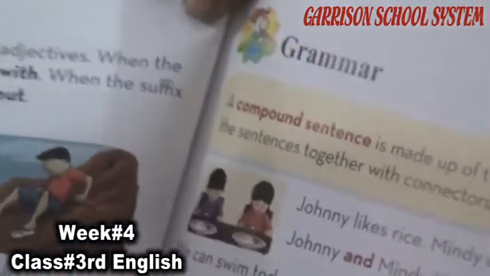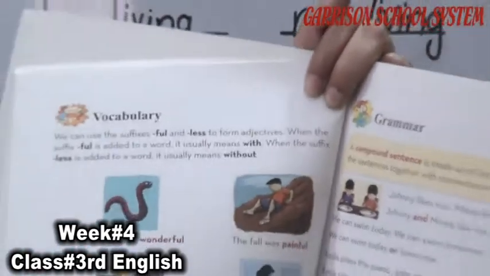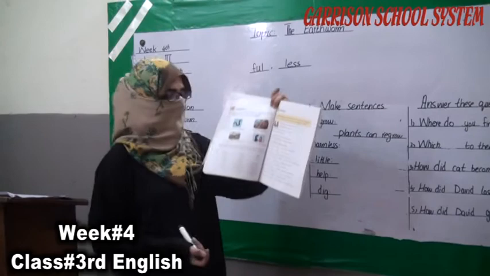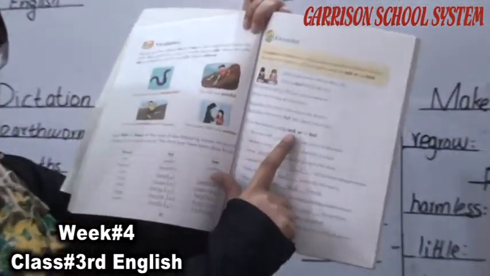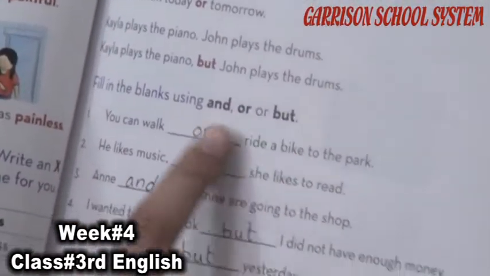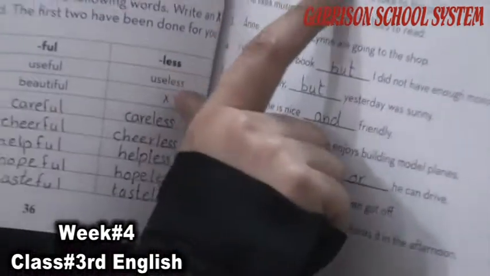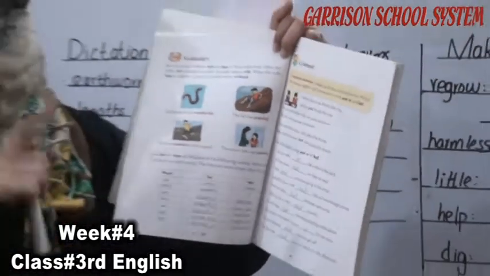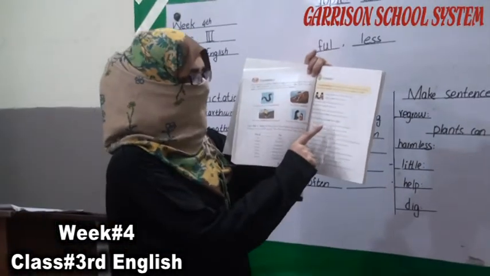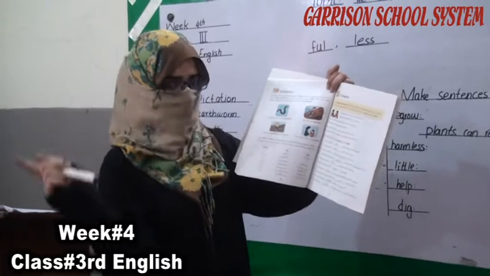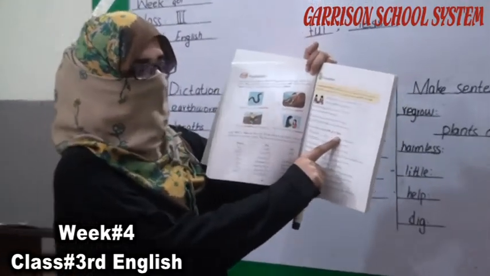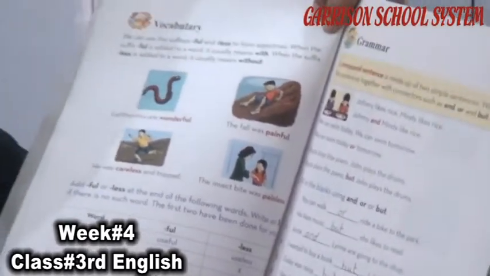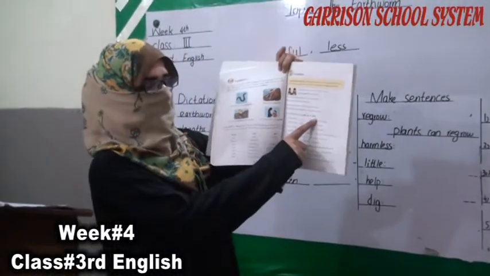जब आप किसी सेंटेंस को मुकम्मल करने के लिए कुछ वर्ड्स का इस्तेमाल करते हो, उन वर्ड्स के यूज को हम कहते हैं कंपाउंड सेंटेंसेस. Like they are giving you different words like and, or, but. We have to complete this exercise. We use the word and when we talk about two things like me and you. ठीक है? But when we talk about today or tomorrow, we use the word or. But when we talk about something not possible, हम ये कहेंगे ये चीज़ ऐसे हो सकती थी लेकिन नहीं हुई, तो इसके हम यूज करते हैं but को.